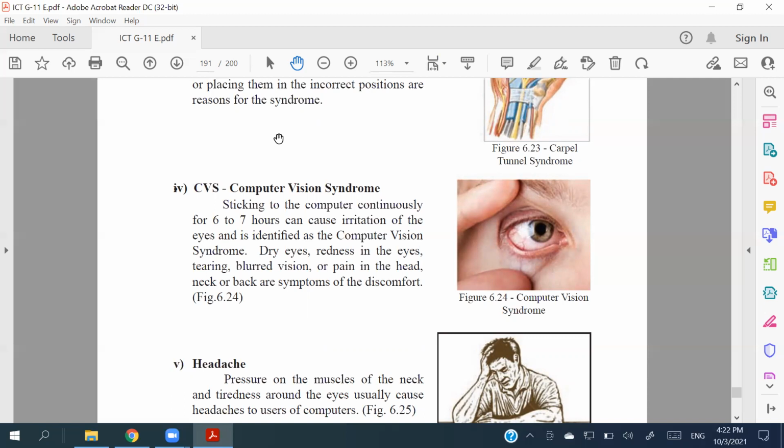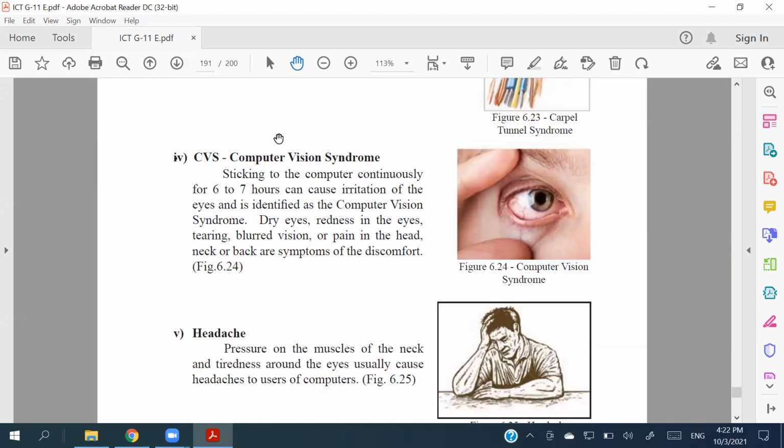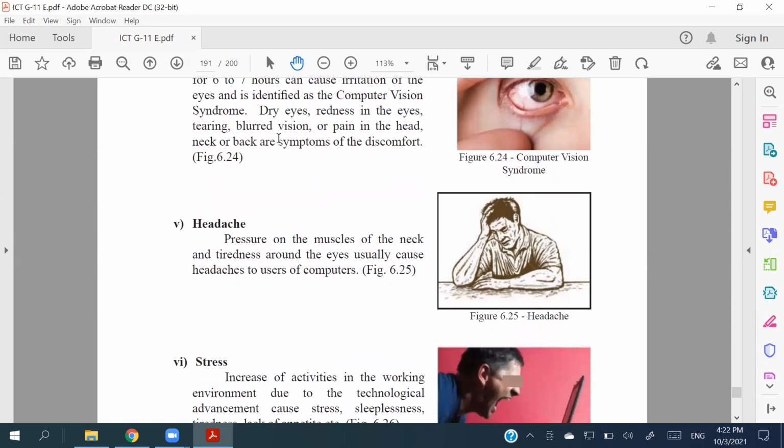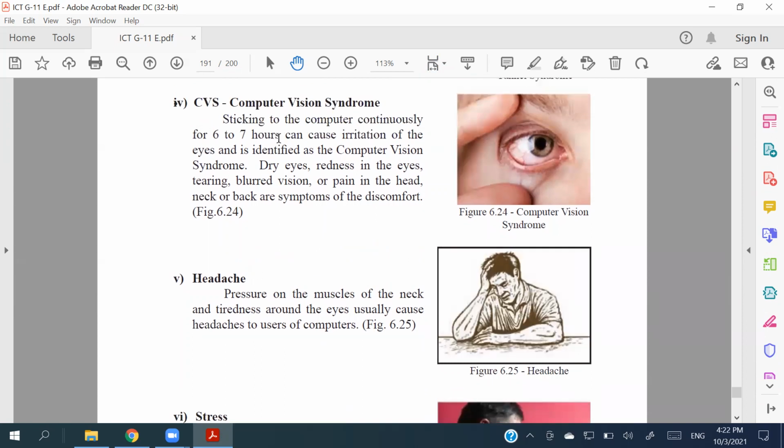Eyes need to always be moist, right? Redness in the eyes can happen, tearing, blurred vision, those kinds of things will be there, right? That is why you are recommended a kind of lenses or spectacles to wear to avoid these kinds of unwanted rays and this unwanted brightness, right? And again, headaches. It is actually related to the CVS as well, right? You get tired and headaches come more often, right?